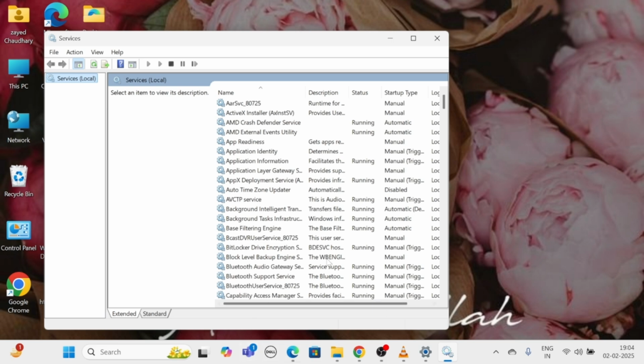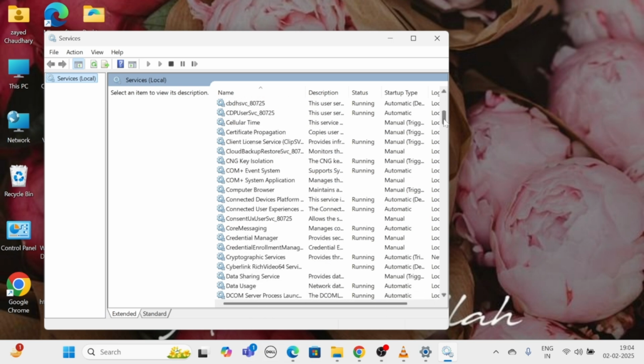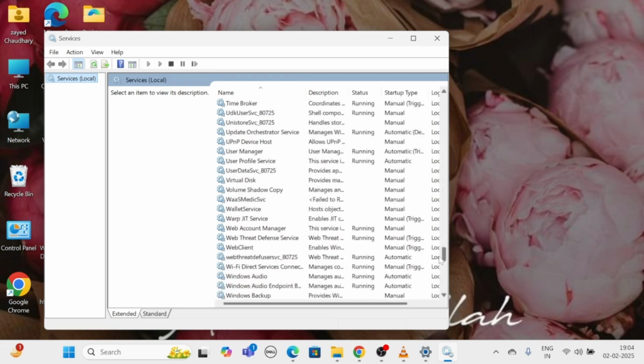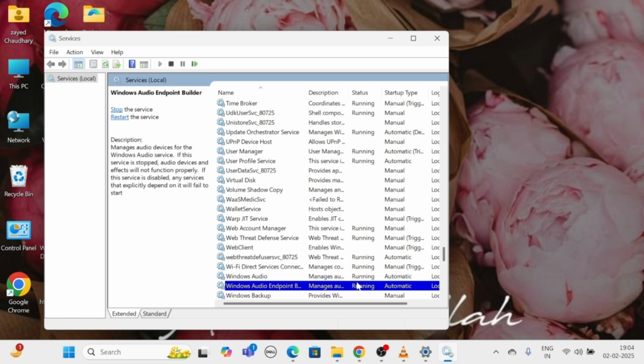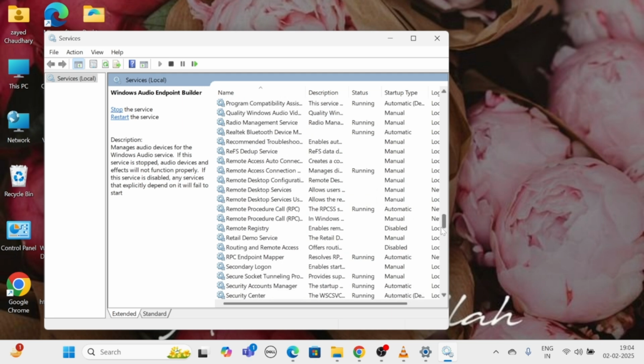Windows Audio, Windows Audio Endpoint Builder, and Remote Procedure Call RPC, and ensure each service is running. Right-click on it and select Start.